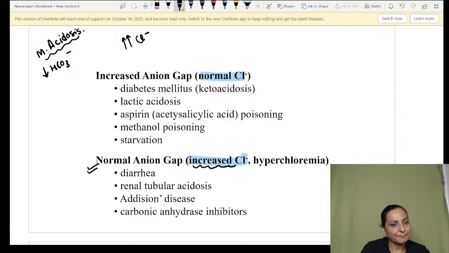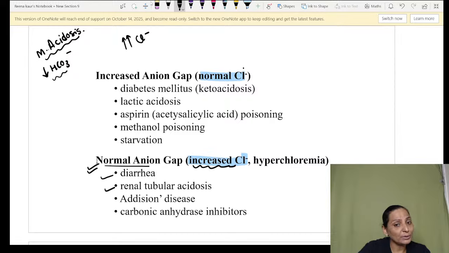gap. ठीक है, मतलब जब बाइकार्बोनेट्स डिक्रीज हुए और उसको कॉम्पेंसेशन के लिए जो आयन बढ़ा वो क्लोराइड है, and chloride is an anion which हम नॉर्मली मेजर करते हैं, वो नॉर्मल एनायन है. ठीक है, सो इसमें क्या होगा, there will be metabolic acidosis but the anion gap will be normal, like diarrhea, renal tubular acidosis. Lekin if there is a decrease in the bicarbonate ions in metabolic acidosis but the chloride remains